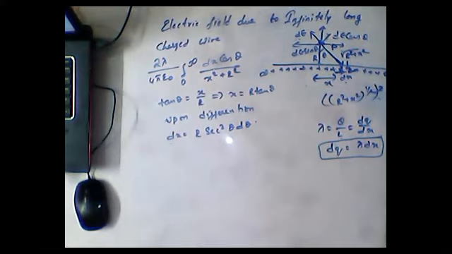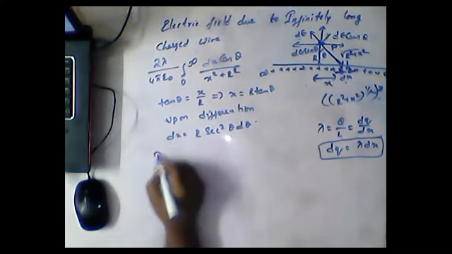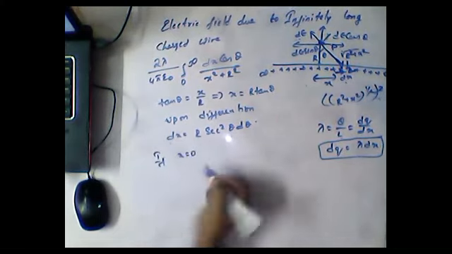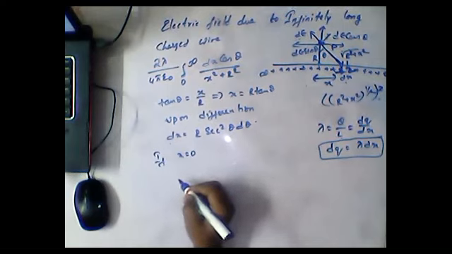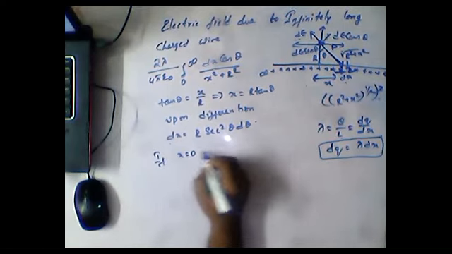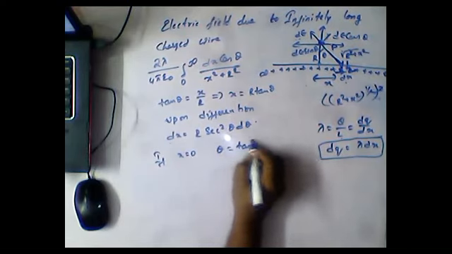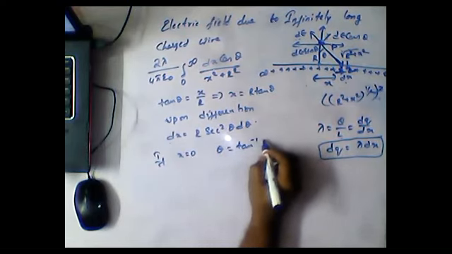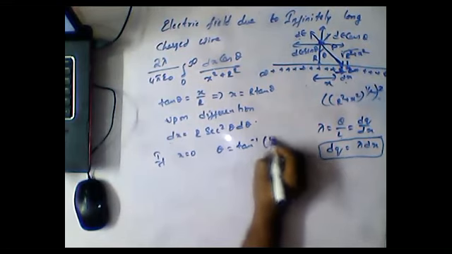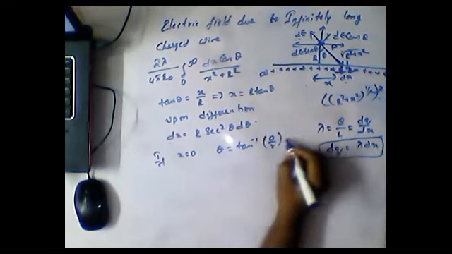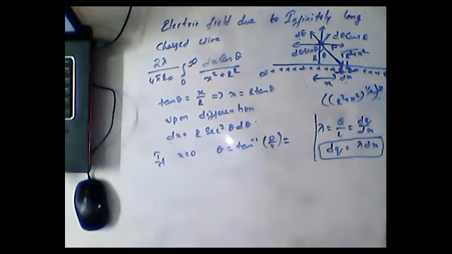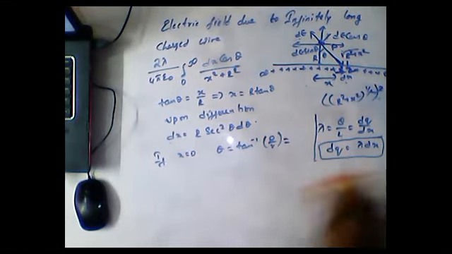In the previous question we were unable to change the limits, but here we can change it. For example, if x is equal to 0, theta is equal to tan inverse of 0 by r. So its value is equal to,